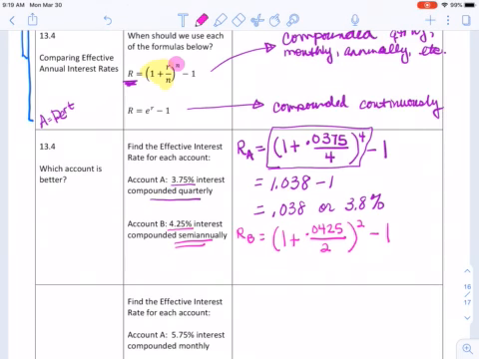Okay. So again, I'm plugging that into my calculator. If I did it before I subtracted the 1, I get 1.04295. When I take away the 1, it's 0.04295